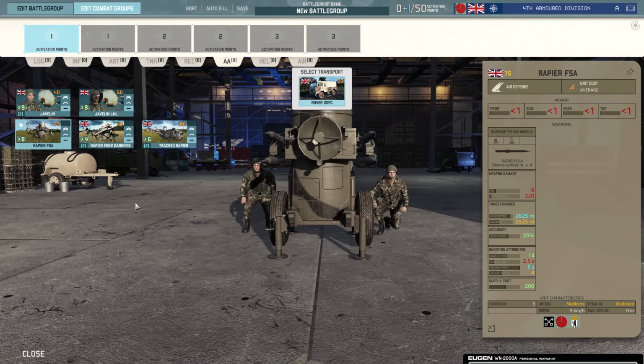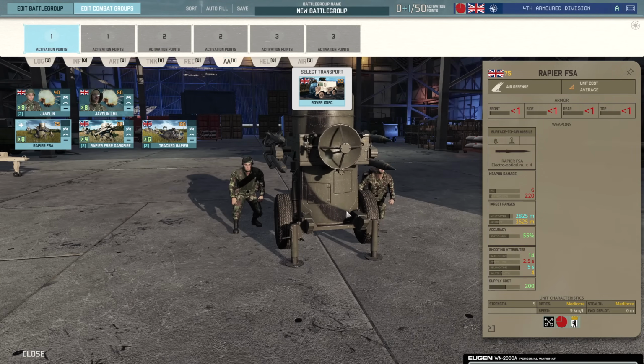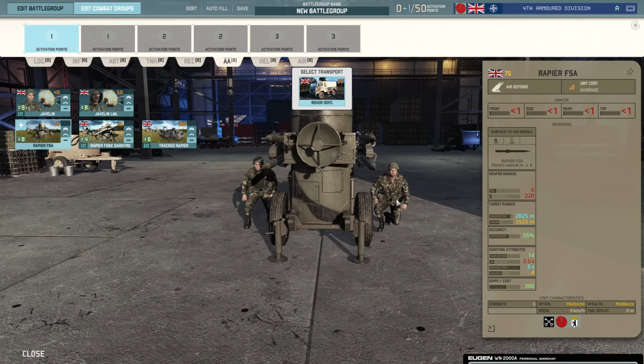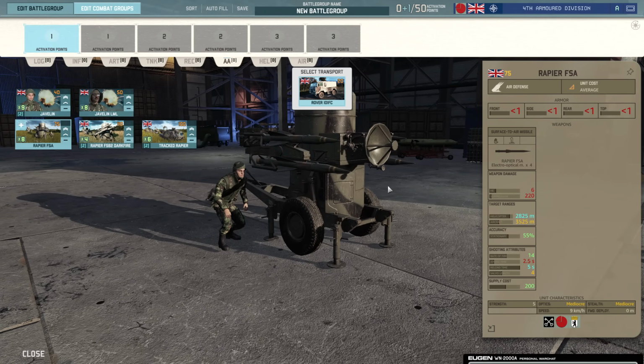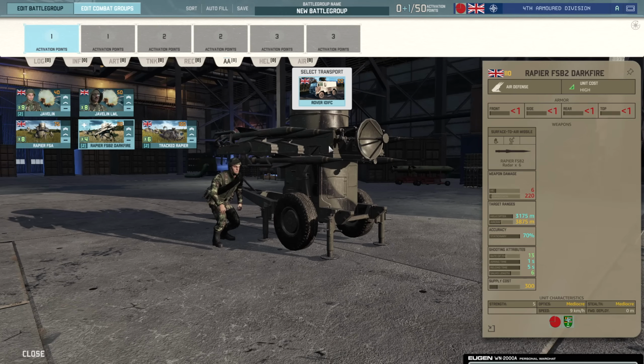Then we have the Rapier FSA, which has a 3,525 meter range, 55% accuracy against aircraft. The Rapier's always been a bit of a bad anti-aircraft system just because it's guided, and as soon as the enemy aircraft gets out of range, you are basically guaranteed to miss. So yeah, it's pretty rough in that regard, but we do have the Rapier FSB2 Darkfire at our disposal now,